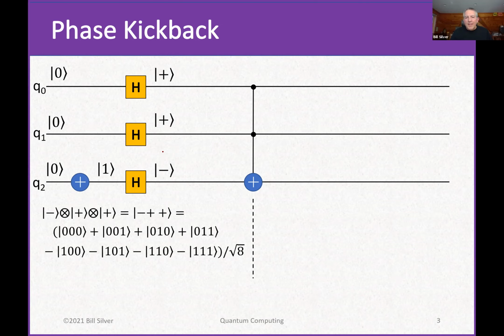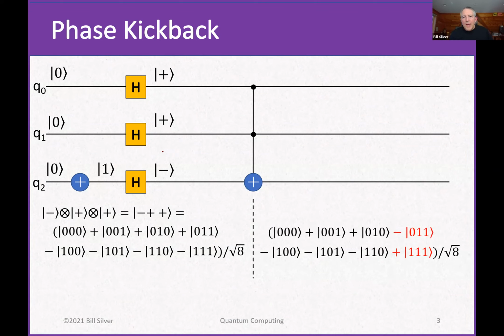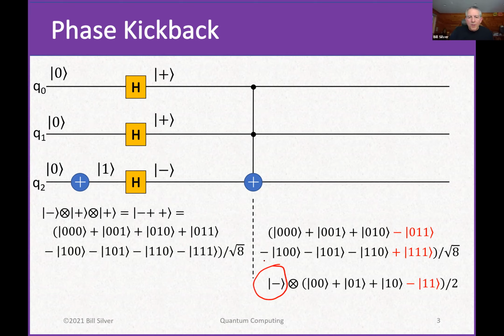Those are the 8 basis states written in binary from 0 to 7. And we know that what the Toffoli gate does is it flips those 2 that are marked in red. If we look at that, we can decompose it into this tensor product here, this minus, and this here, which means that the output